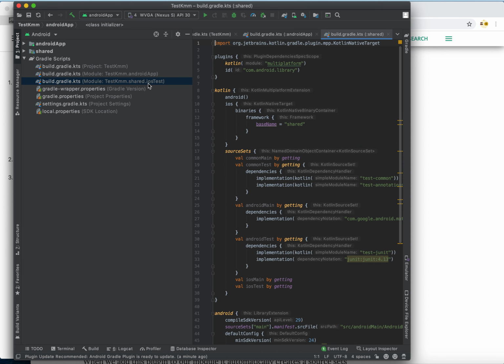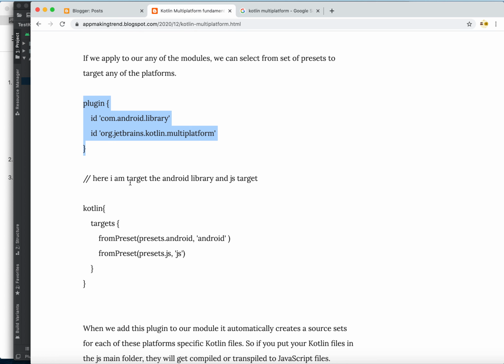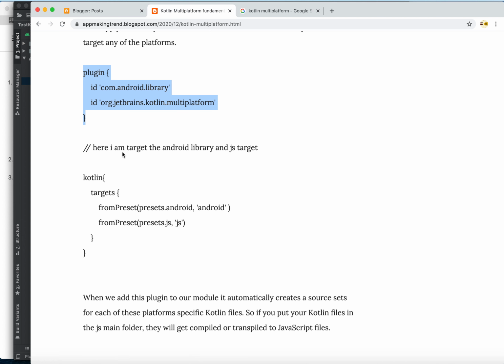And as you can see here, we are importing the plugin that is called Kotlin multi-platform. Okay, and that's it. So you have to import the plugin that we did manually before, right? We already imported the plugin from Android Studio. So now the basic idea that you have to understand is, here I am